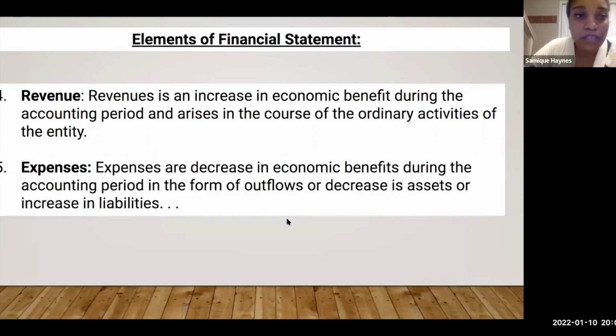It's okay if all of these terms are new to you, but you're going to have to get acquainted with them after this class. Revenues and expenses. Revenues are sales, right? Sales, simple. Revenues are sales. Whatever you sell, when you sell things, you make revenues.